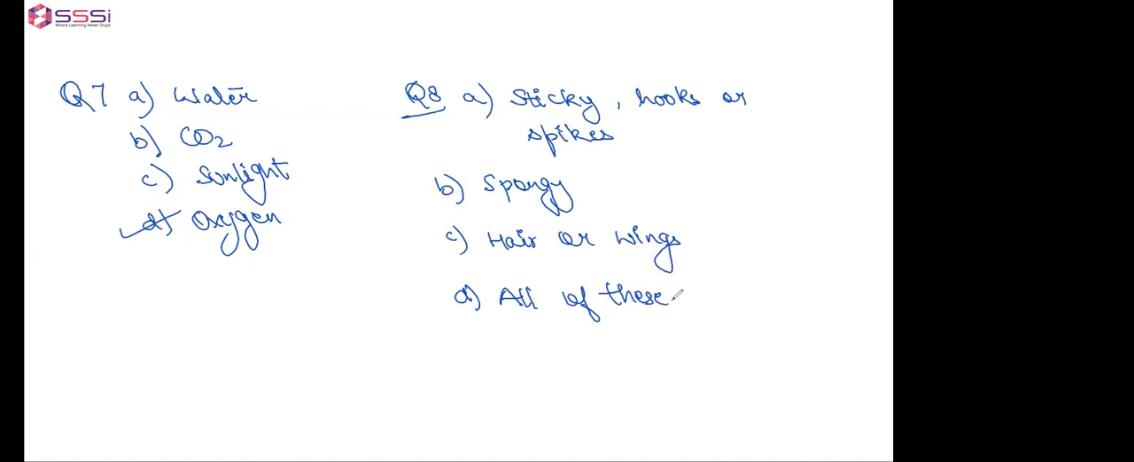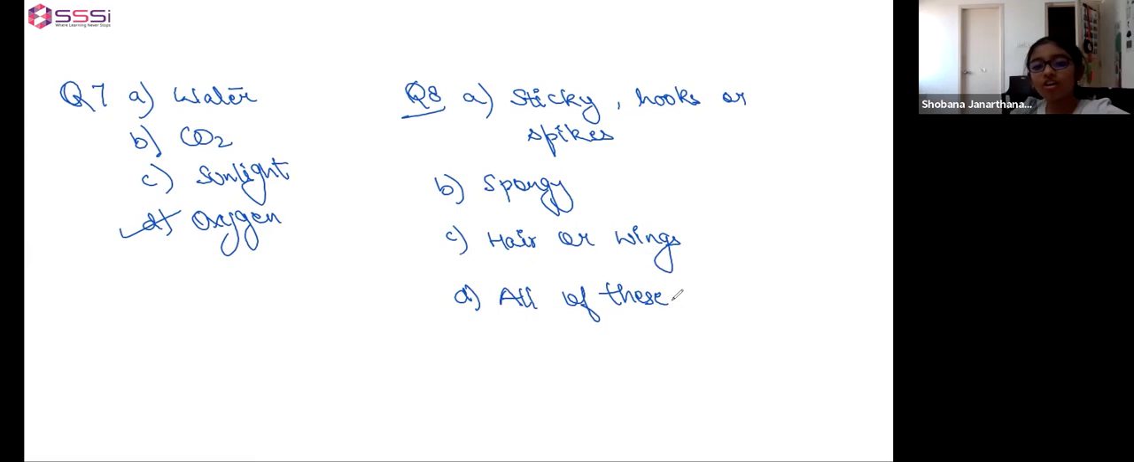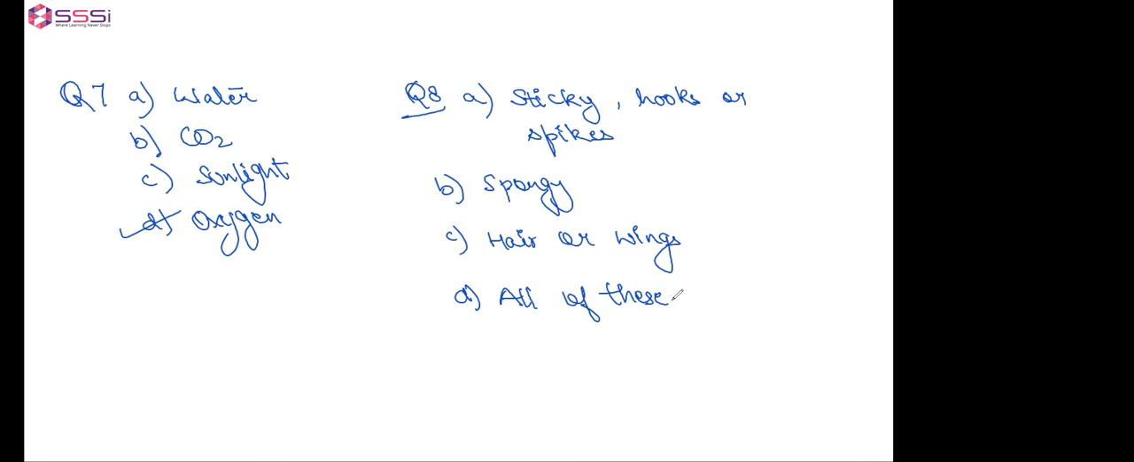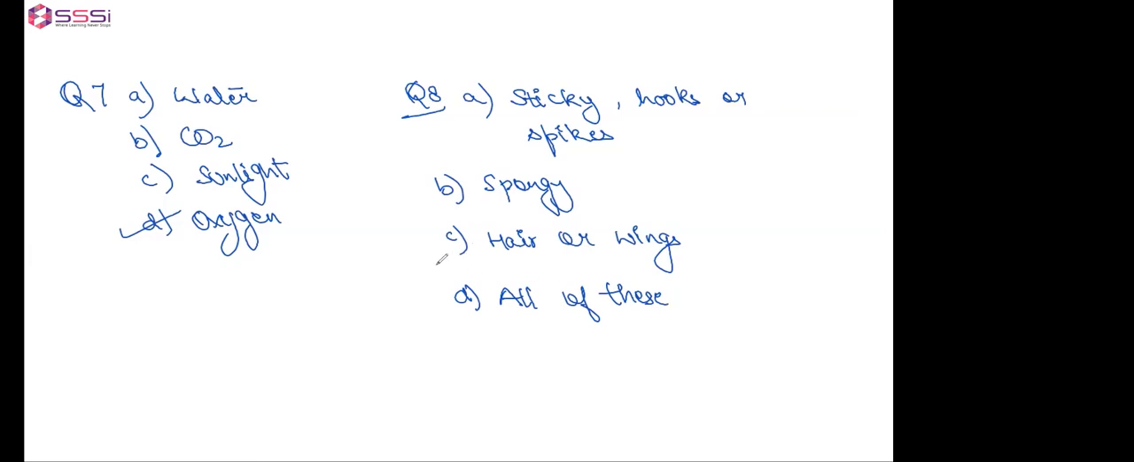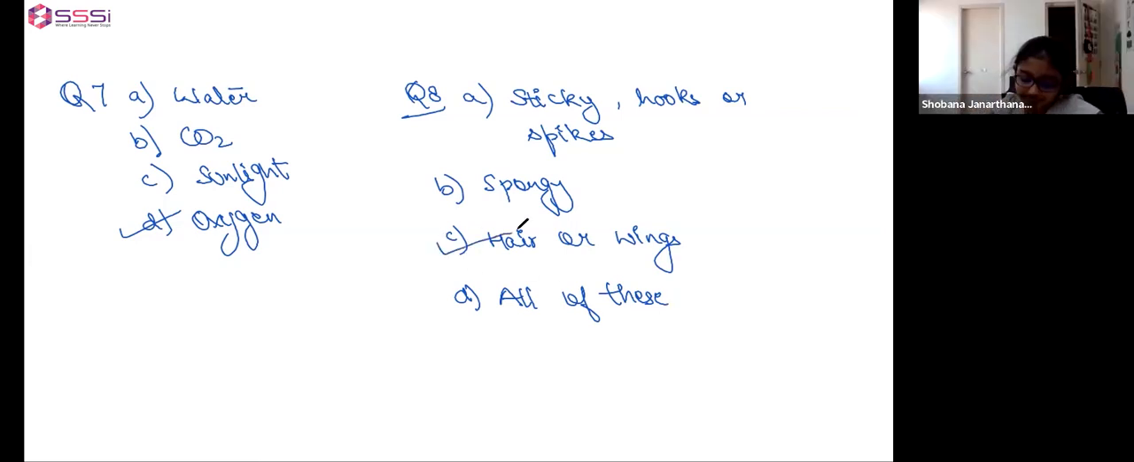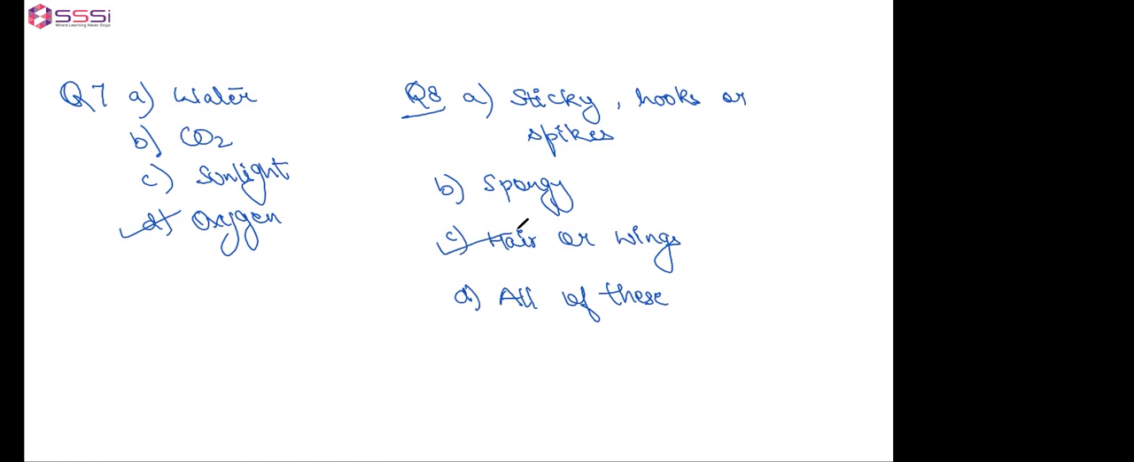Yes, Harshika. All of these. But the question is that not all of these is the answer. They are asking that seed dispersed by air or wind. So through air and wind, how can seeds be dispersed? Yes, we studied this. But what is wings? Hair or wings means the seeds can be